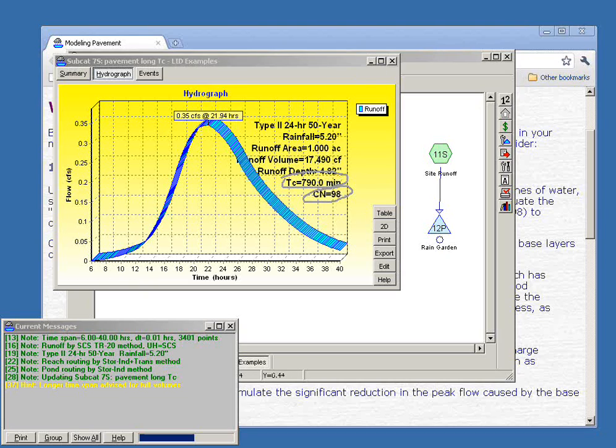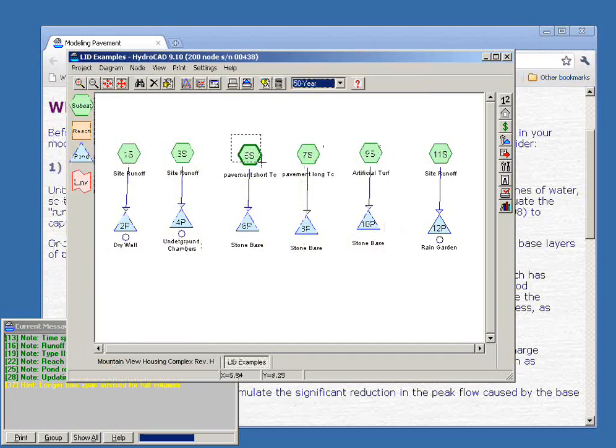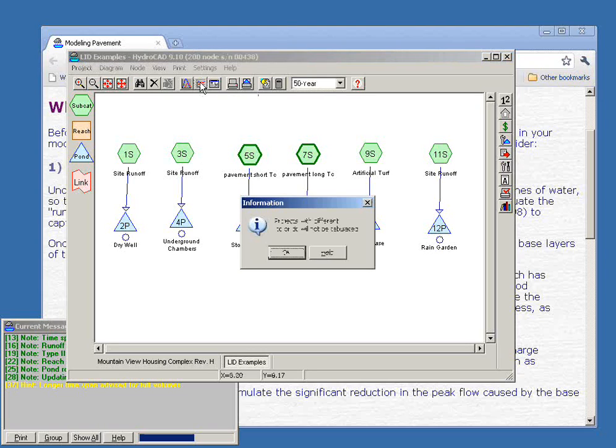So this has reduced our peak flow, but remember, this is the flow that's emerging from the bottom of the sand layer. And so if we were to come back, we could actually compare these two. If we select these two nodes, this is our subcatchment with the short TC, this is the longer TC for the sand layer, and then if we select the comparison report on the toolbar,